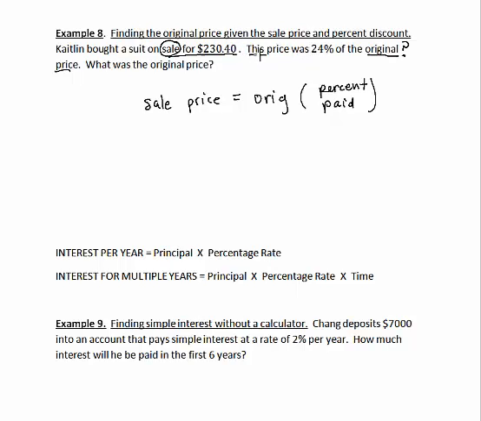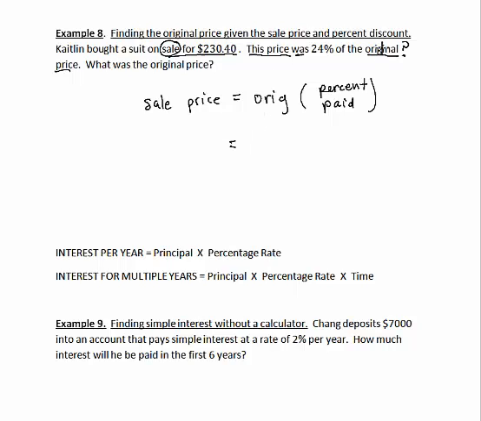When it says this price, you have to realize that it's referring to the $230.40, and it said it was 24% of the original price. So they are not giving us the discount here. Okay, they're actually giving us the percent paid,